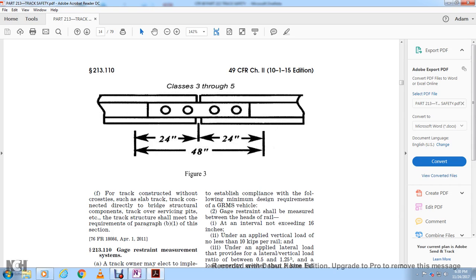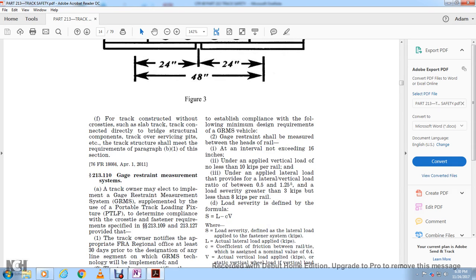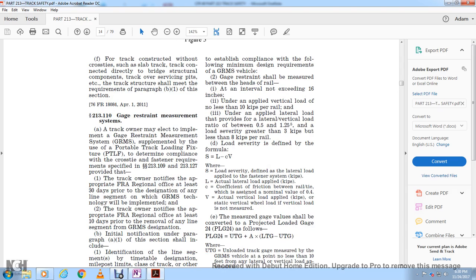Alright, for tracks constructed without crosstie, slab track connected directly with the bridge structure, the component of the track over the servicing pad, etc. with the track structure shall meet the requirements of paragraph B1 of the section, gauge restraint measurement. A track owner elected to implement the gauge restraint measurement, or GRMS, supplement with a portable track loading fixture